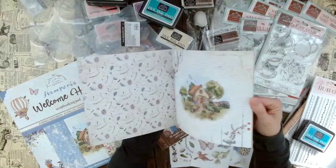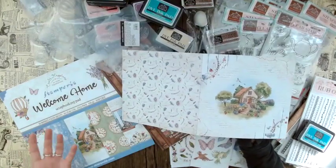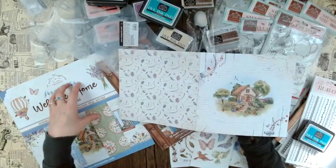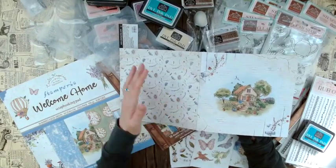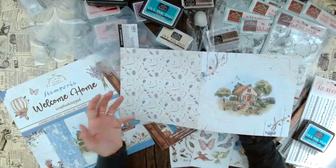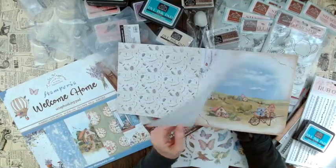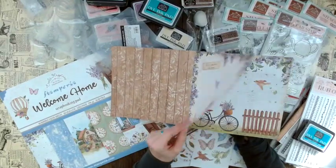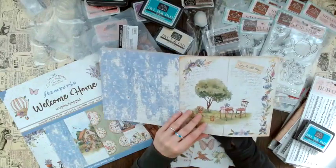And what I always like with different sized pads is that you can create some things where you maybe need a little bit of a larger motif, but then other things, maybe like a background, you want that it's a little bit more to your size of the project that you are creating. So these work really nicely hand in hand, not too small, not too big. And just as you've seen before, I just quickly flip through here just so you can get an idea